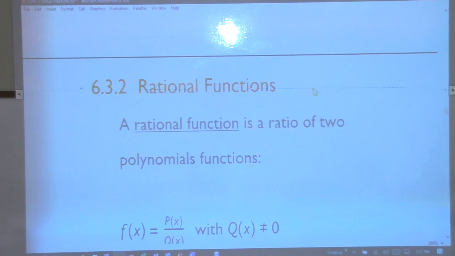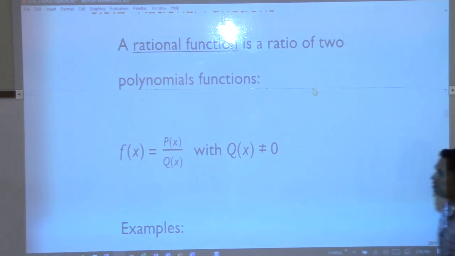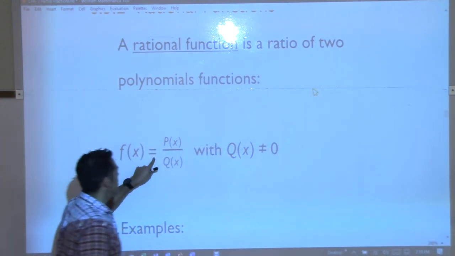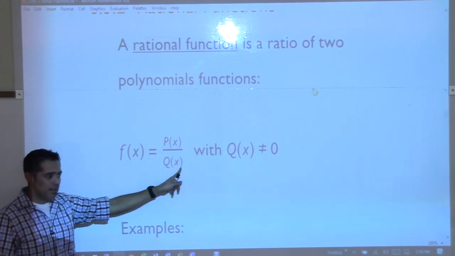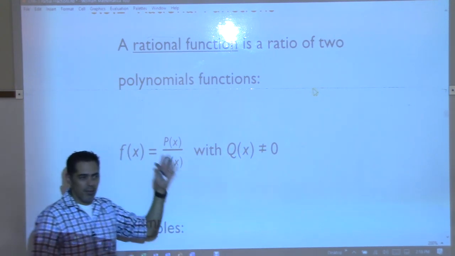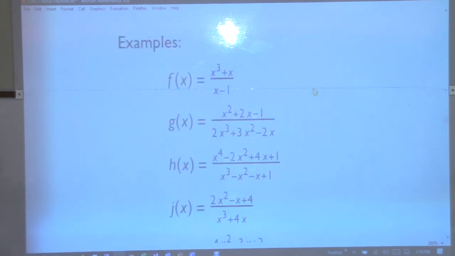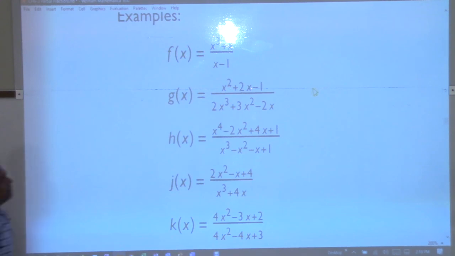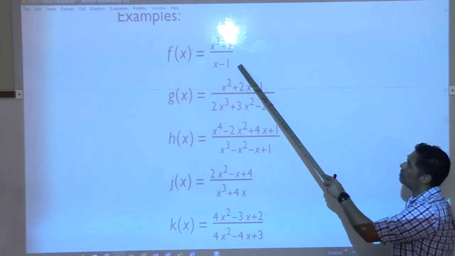So back in college algebra, we talked about what are called rational functions. And a rational function was simply the ratio of two polynomials. So we define a function, f of x, to be some p of x, which is a polynomial, divided by some other polynomial, q of x. And we do have a restriction that q of x can't be 0. If q of x is 0, of course, division by 0 is undefined. So examples of rational functions, here's some, all right? So this first one, right, that's a rational function. Polynomial over